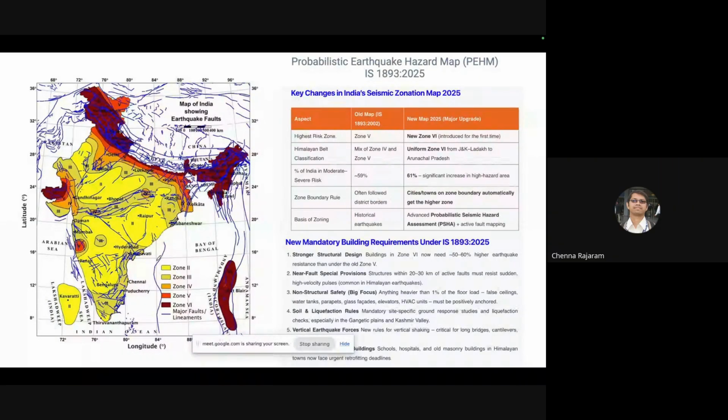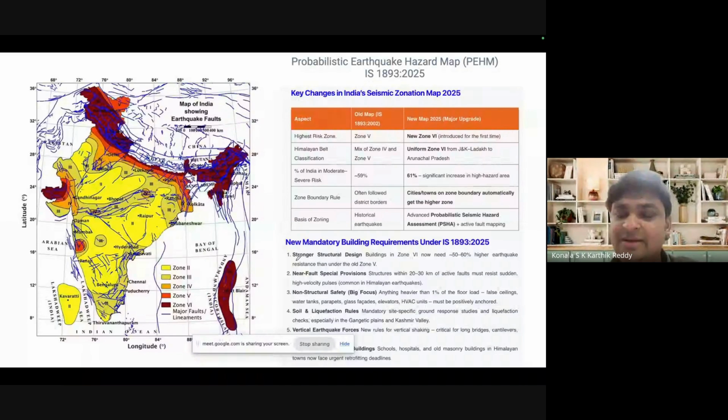And then, as I said to you, now we have zone 6, and one more addition is the complete Himalayan belt, which has thrust faults and all. That has also been marked as danger, which means it is zone 6. And a special provision was created for near field ground motions. Near field ground motions are typically ground motions which are collected at 20 to 30 meters from